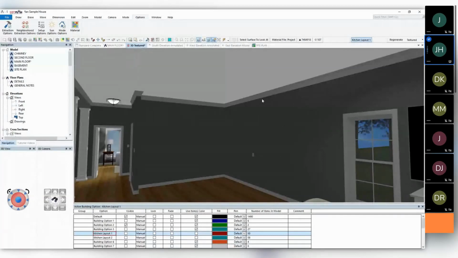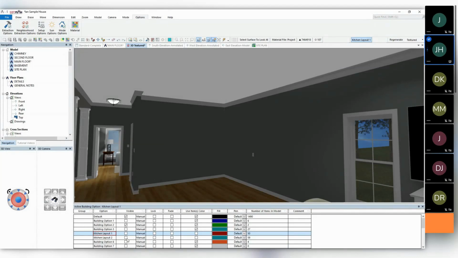The window that was over top of the kitchen sink is removed, et cetera, et cetera. So none of that is going to be calculated as part of the model. Therefore, it would not be estimated as part of the bill of materials. So for those of you who are offering multiple kitchens or multiple roof designs and front elevations, building options is a way to go because you can have one model and just simply turn on and off what you want